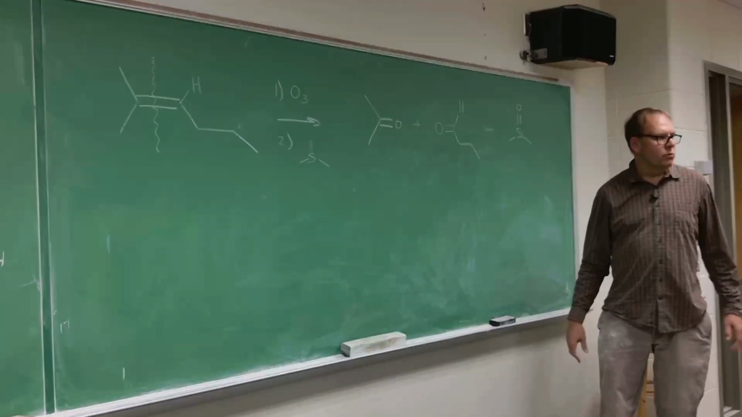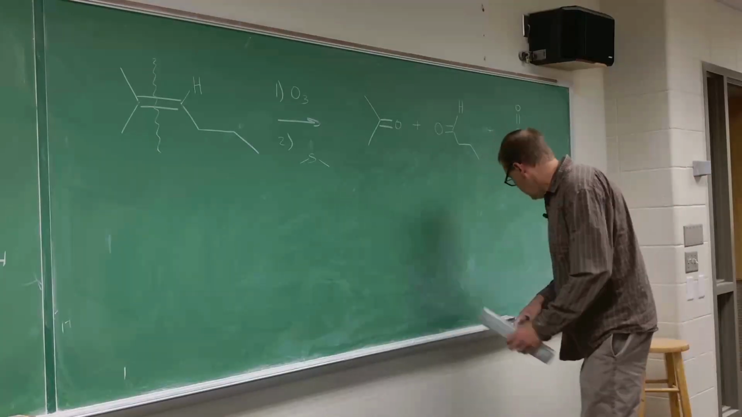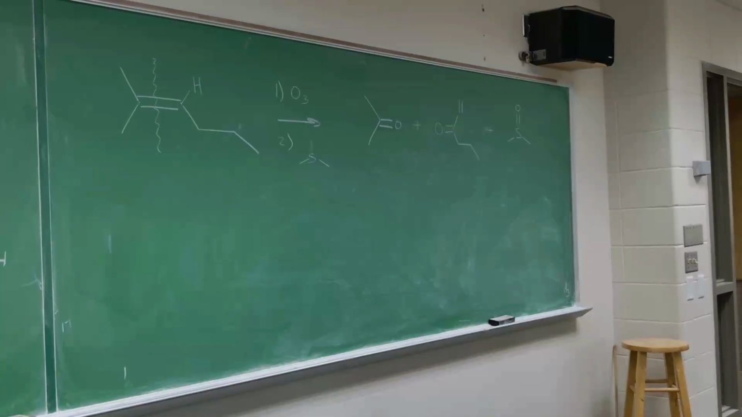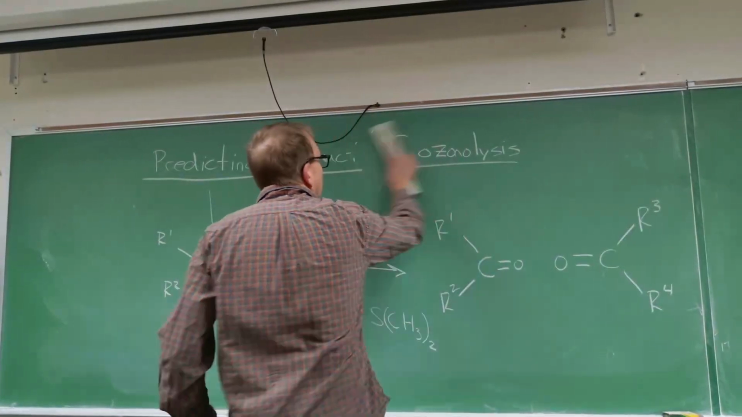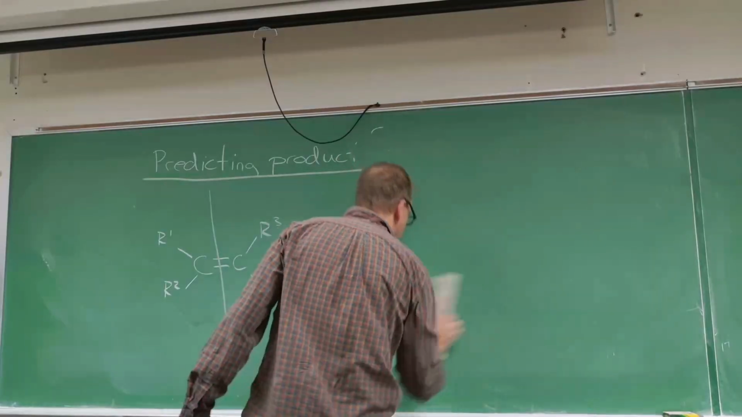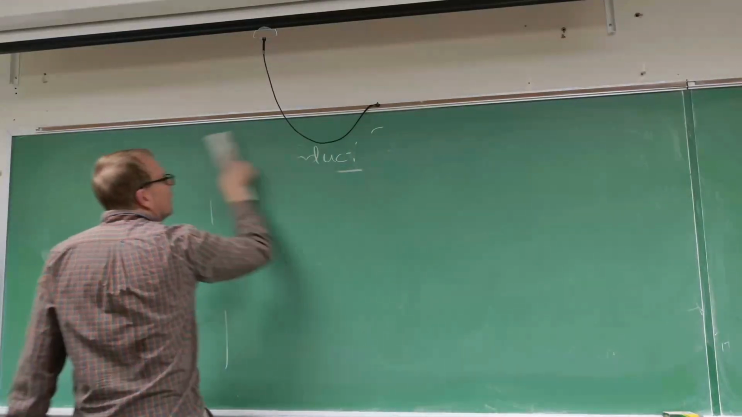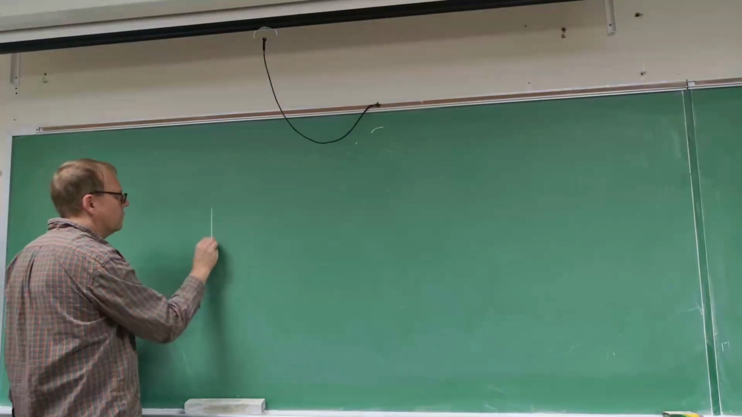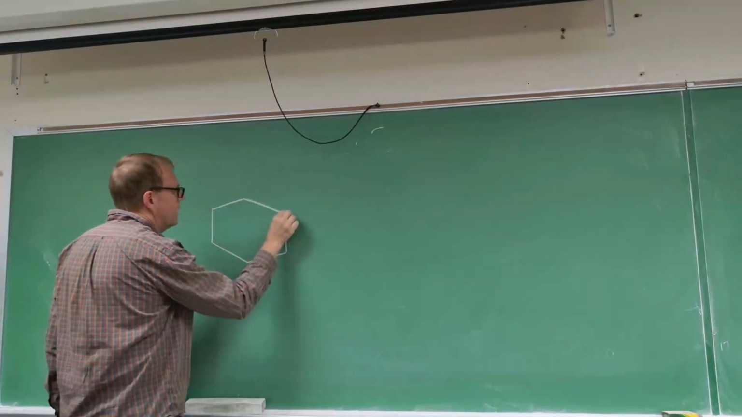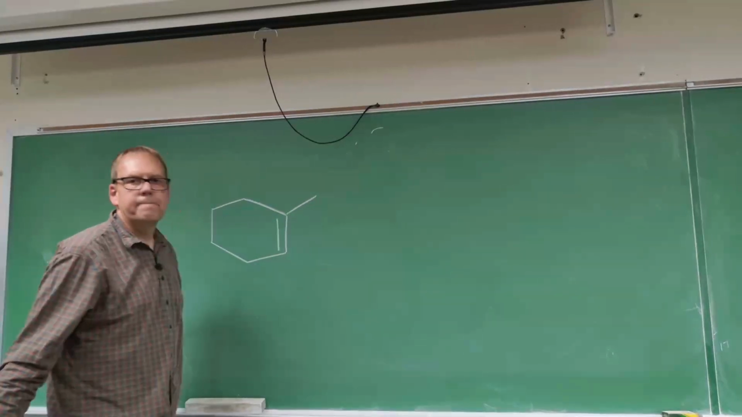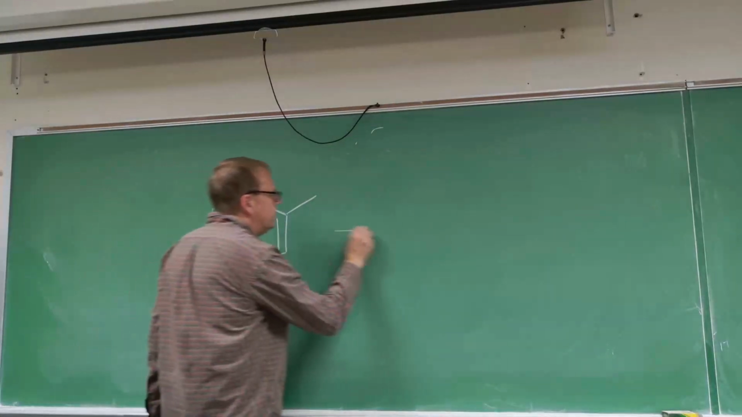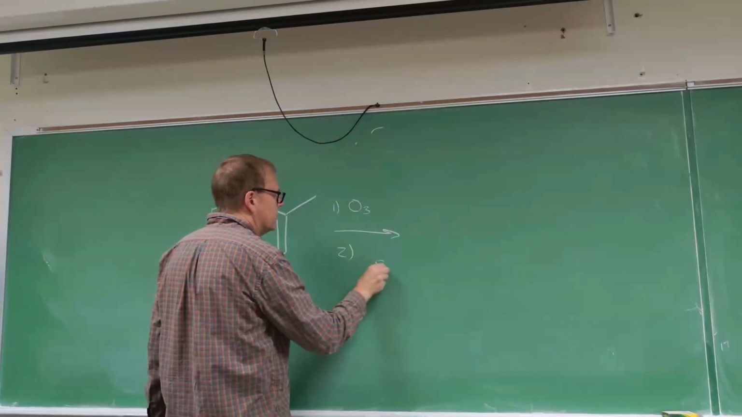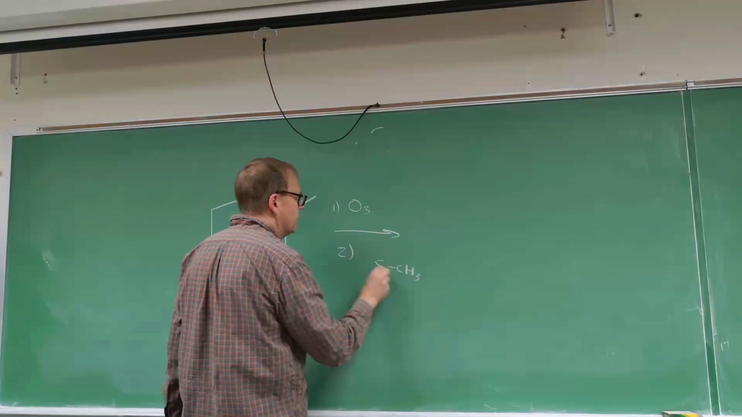All right, let's put one into a ring, because this is another one that sometimes is just a little different, and sometimes it causes confusion, but I'm going to help you figure it out. So imagine you had an alkene that was in a ring, and this ring is going to be a 6-membered ring that has a carbon-carbon double bond here, and I'm going to put a methyl group there. If you put this in with ozone in the first step, and then follow it up in the second step with sulfur with these two methyl groups, dimethyl sulfide,